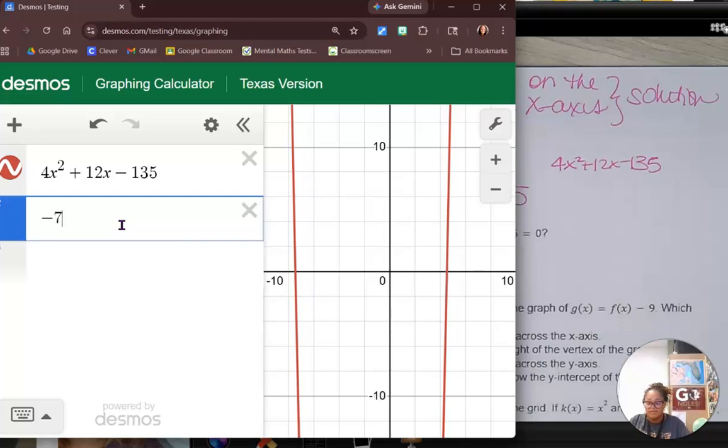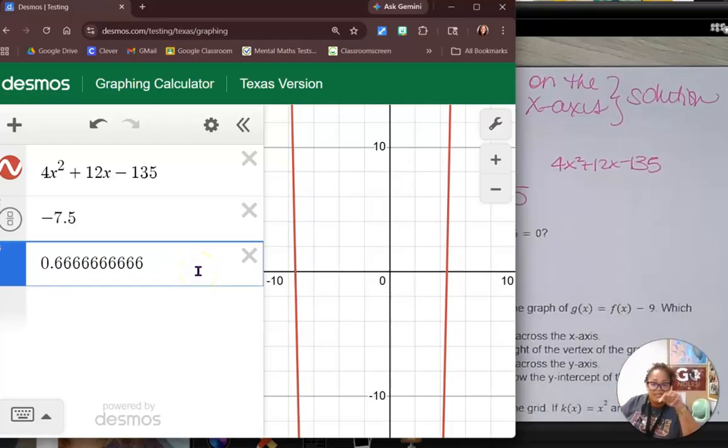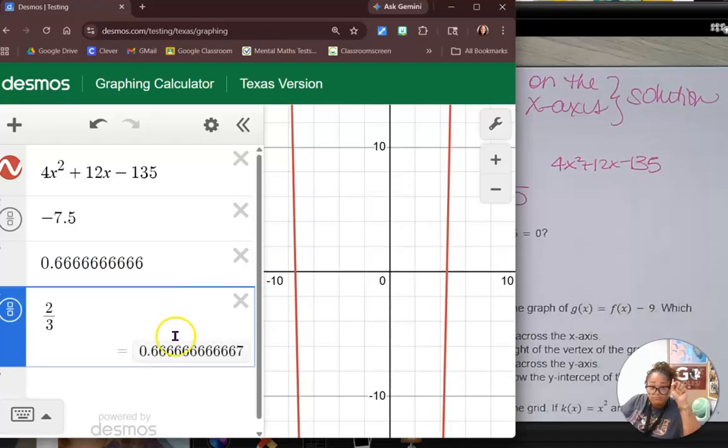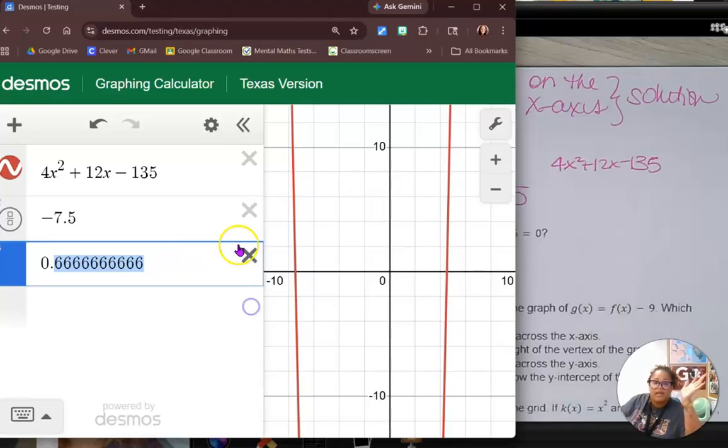If I don't know what those are as decimals or as fractions, excuse me, I can come type in negative 7.5 as long as it's a terminating decimal. When y'all get these long decimals like 0.666666666, that's not a terminating decimal because it goes on and on. Terminate means to end. So this one does not end. I know that this is 2/3 because I know what that is. This is a benchmark fraction. 9 times out of 10 they give us benchmark fractions. Okay? Anyway,